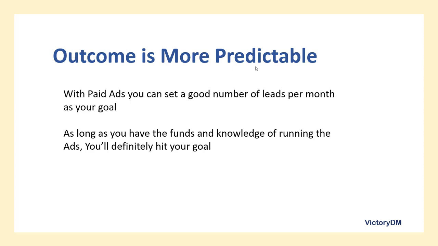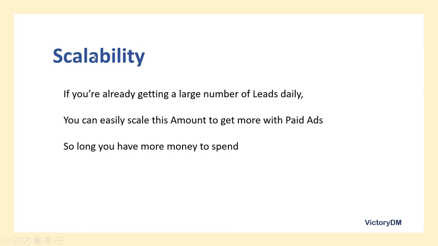You can say, I want 10,000 persons. Maybe some of the persons are not helping you share properly, or you're having one or two issues like that. It can limit the result you get with organic traffic. But with paid ads, you can easily set goals and actually achieve these goals, right? Another thing is scalability, right? When it comes to scaling your campaigns, paid ads beat organic traffic like 100 times, right?